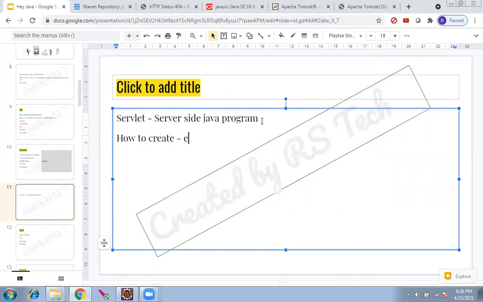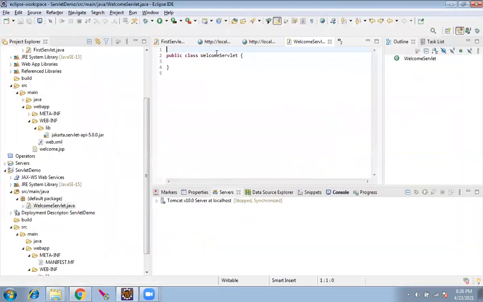It is you extend HTTP servlet. That's all. Any Java file which extends HTTP servlet will become a servlet. Now this is not a servlet. Just because I gave a name as servlet, it will not become a servlet. I have to